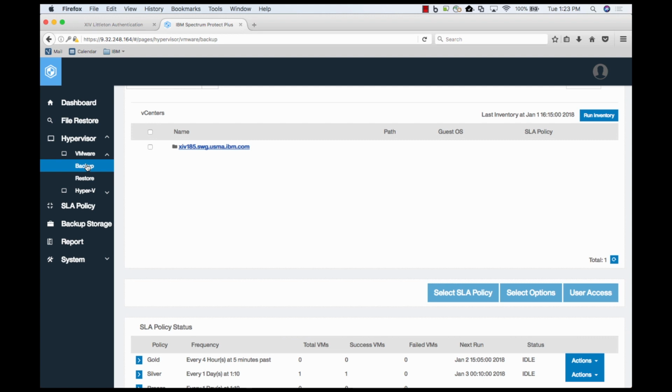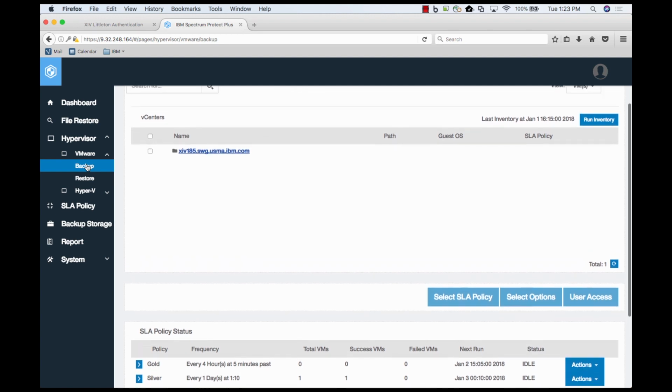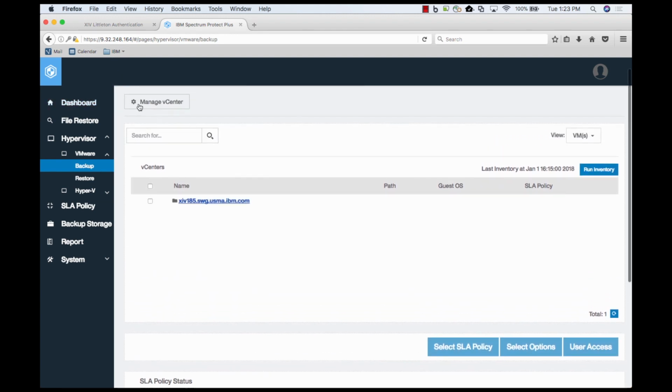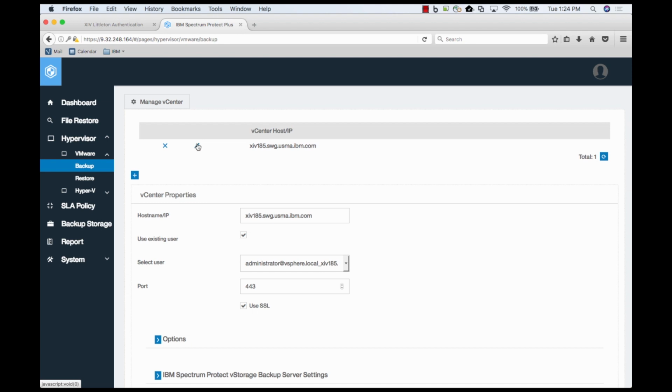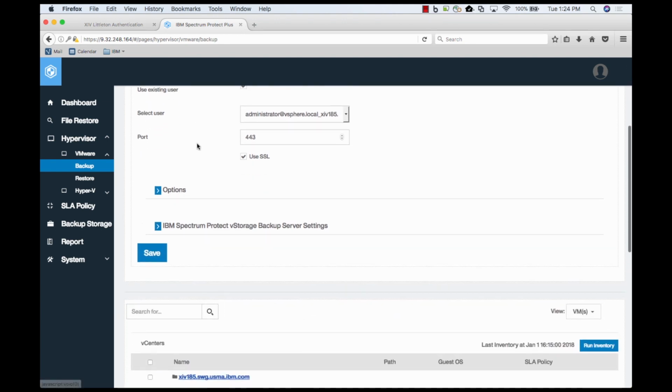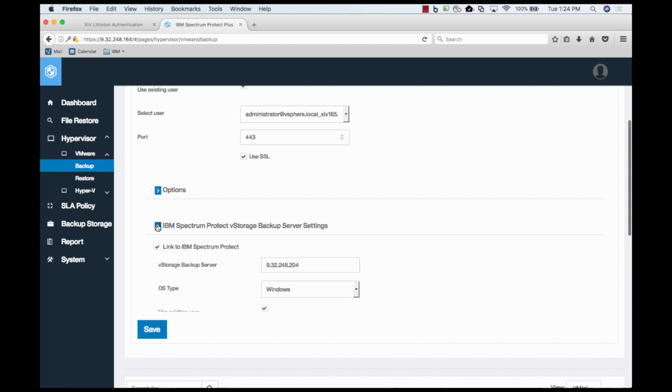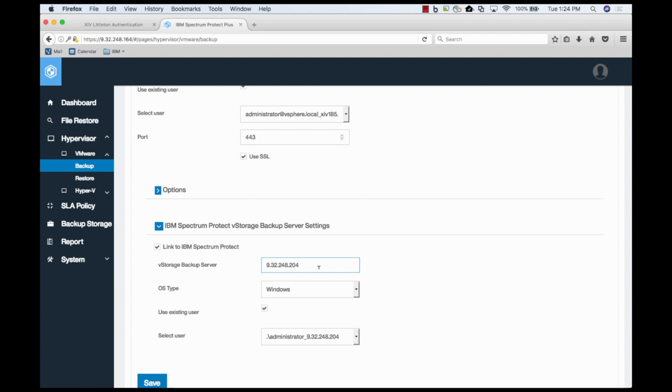From the backup screen, click on the Manage vCenter button in the upper left-hand corner and click on the Edit icon to bring up the properties of the vCenter. Scroll down past the vCenter Properties section and expand the IBM Spectrum Protect vStorage Backup Server Settings section. Check the Link to IBM Spectrum Protect checkbox and populate the fields in the vStorage Backup Server section, including the